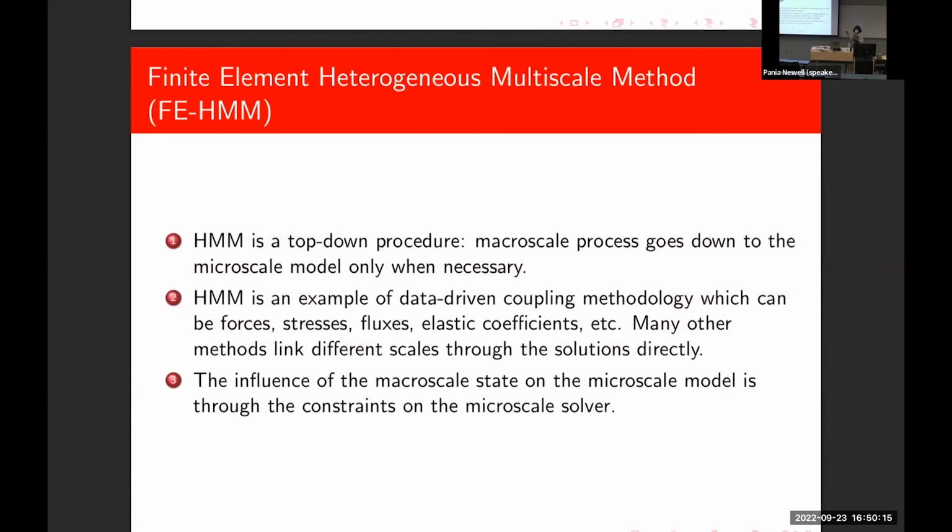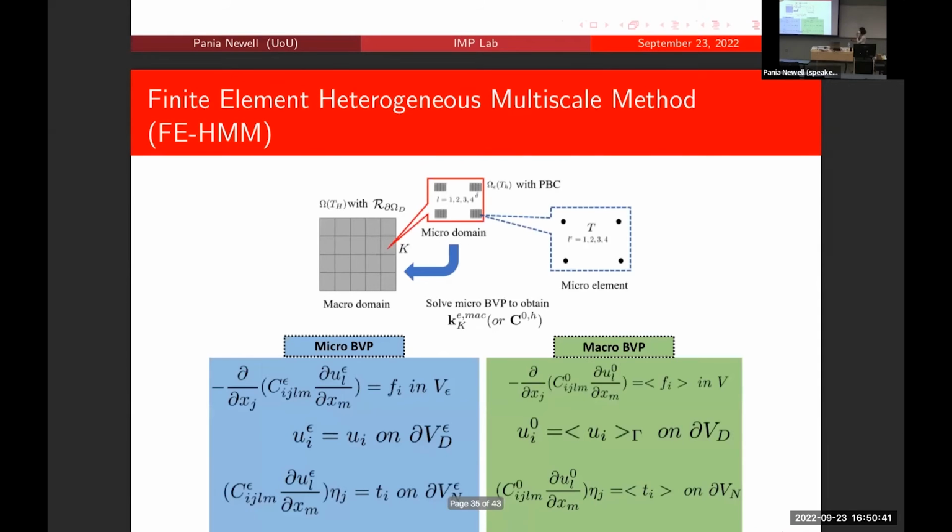For this work, we decided to go with the HMM method. There are reasons that we picked this method. Some of them are listed here. I'm not going to take your time this Friday afternoon to walk you through this. But in this publication, we explain why we were interested in the finite element method, which is based on a heterogeneous multiscale method. But what this method does, similar to any homogenization problem, you look at different scales, you take the average, and you pass this information.